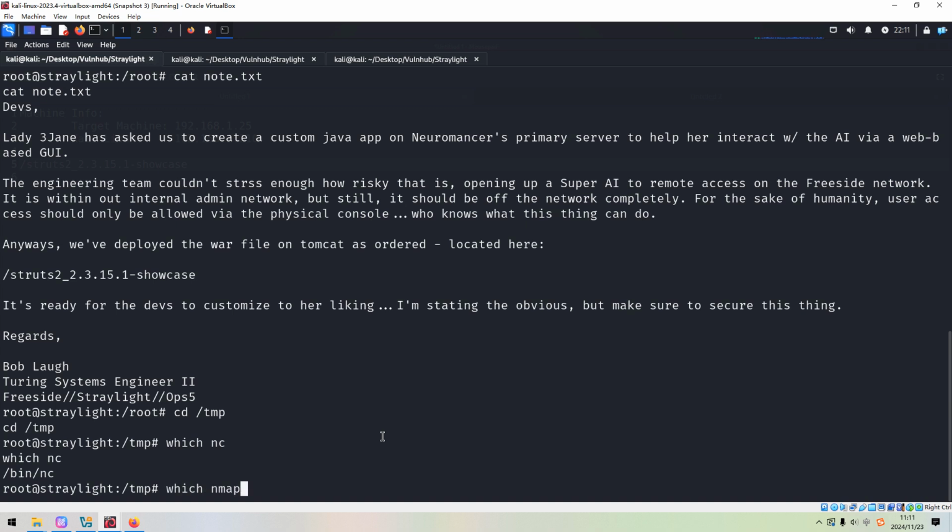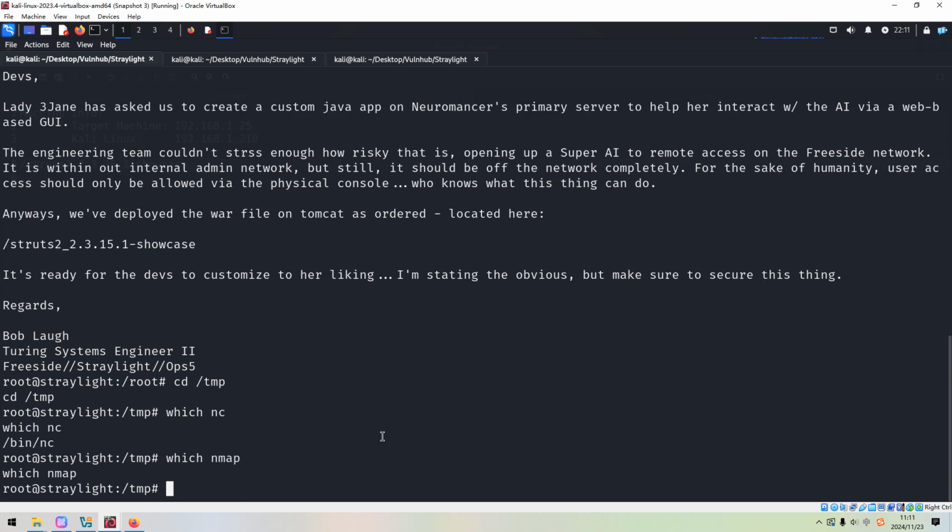However, Nmap is not there on the first machine. And how to do? We can upload the Nmap binary to the first machine, because Nmap would be much more efficient in comparison to other tools. Okay, so I'd like to clear.